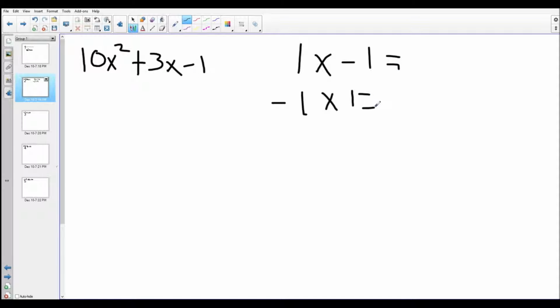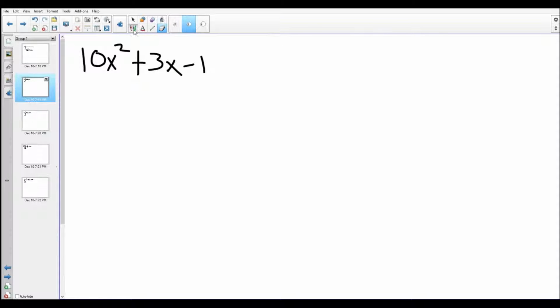But none of these add up to 3x. So we'll be using this method I like using, where you make a chart